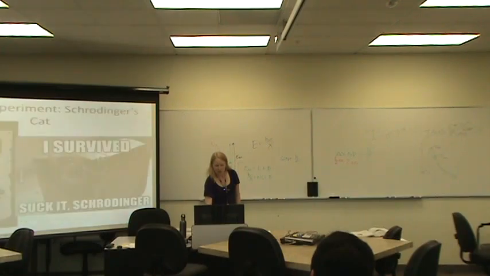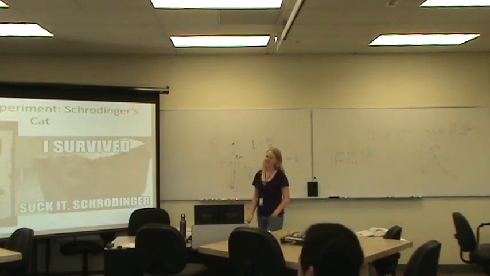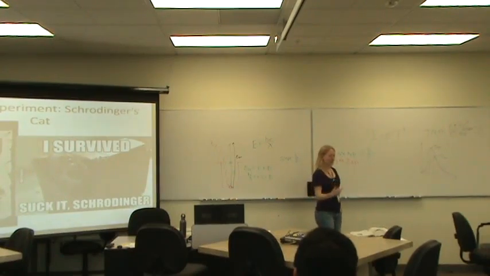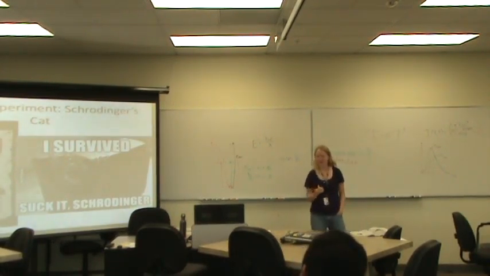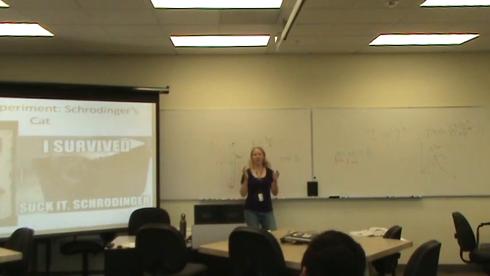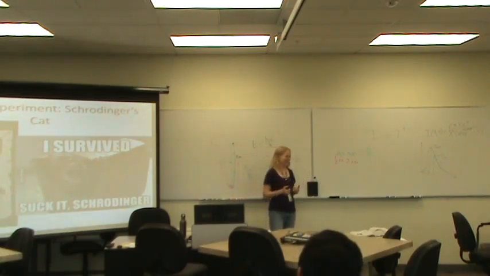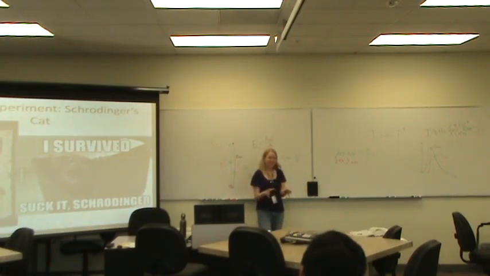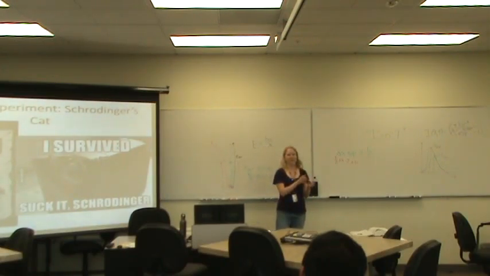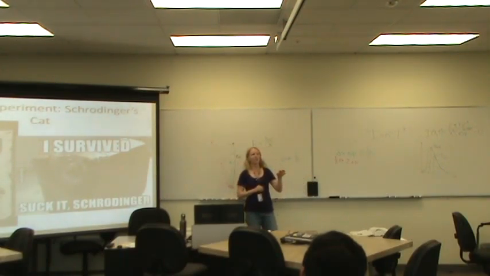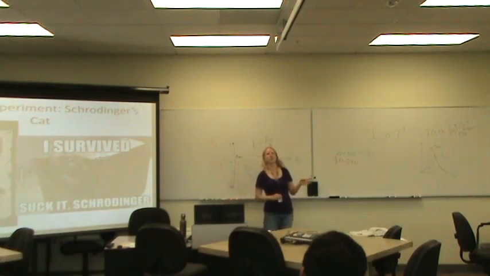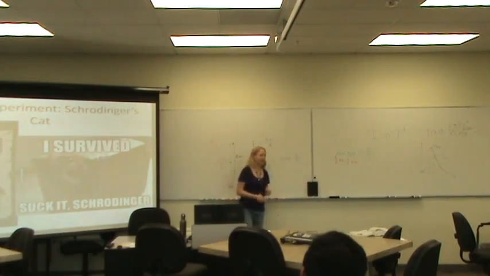Okay, so here's another fun one, Schrodinger's cat. This is another thought experiment that's very much related to what we're talking about. If you've never heard it before, you have a box, right? You have a cat, because every scientist needs to have a cat. You put your cat in the box, and then you've got a device inside the box that will release a gas that will kill the cat, but there's a release mechanism that's tied to a random number generator. So you push the button on the outside, that's going to go through the random number generator. 1, it kills the cat. 0, it doesn't kill the cat.